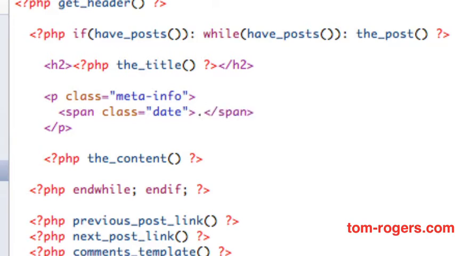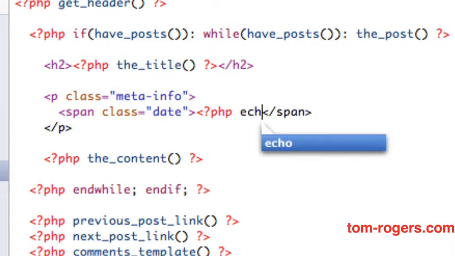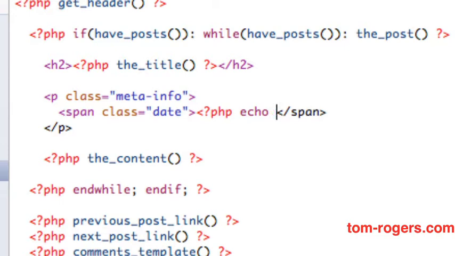which we're going to use the WordPress function, the date, to echo out the date it was posted. So open our PHP, echo the date,